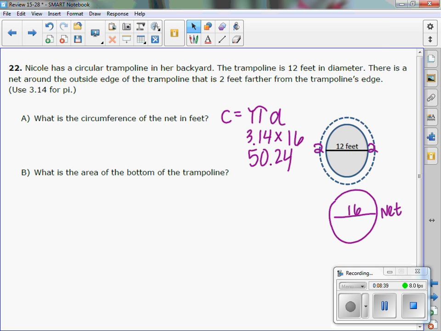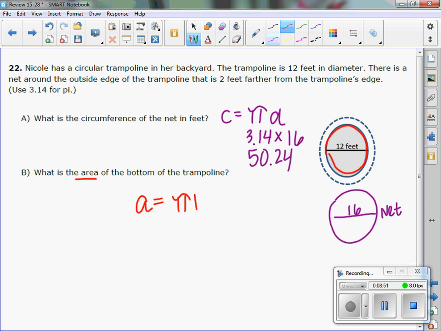Now, the second part asks what's the area of the bottom of the trampoline. So back to just the trampoline portion, just this piece with the diameter of 12. Area is equal to pi times the radius squared. Pi has a value of 3.14 times the radius. If my diameter is 12 here, my radius is half of that, which is 6. So 6 squared. When you multiply that out, you get an area of